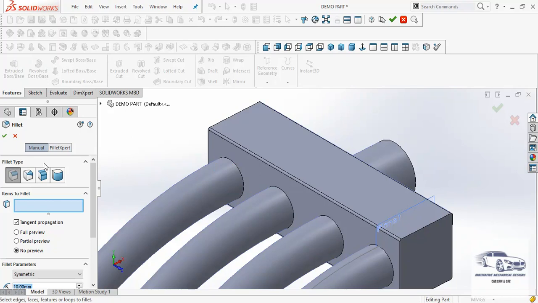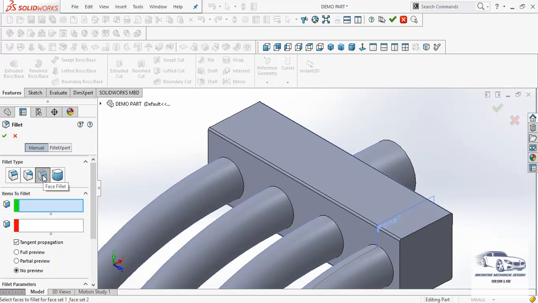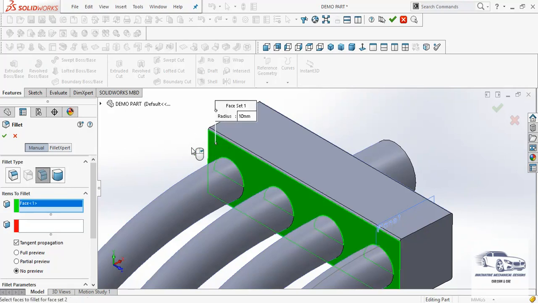For such cases, instead of using a constant size fillet, we can select the face fillet option, the best option to use. Here we can select this face as one reference, and for the second reference we can select this face.